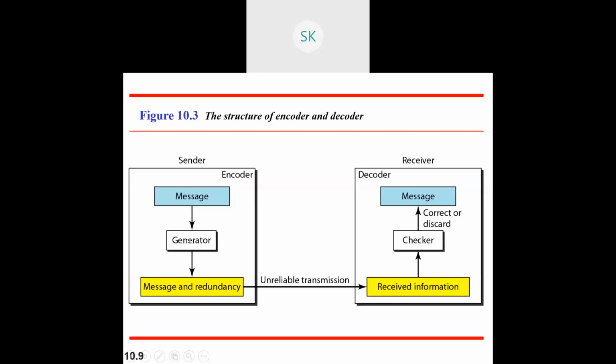So message is fed to the generator. Using this generator, we'll be feeding some extra bits to it. Based on that message and the generator bits, whatever comes is nothing but your redundancy bits. It will be combined and transmitted in the transmission. This is unreliable transmission. Unreliable transmission means anything can happen. We don't know exactly whether it reaches the proper receiver or not, or somebody else will steal that information. That is what unreliable is all about. Reliable means it will always be transmitted to the exact receiver you are targeting, or the destination will always be one and the same. So that is the meaning.